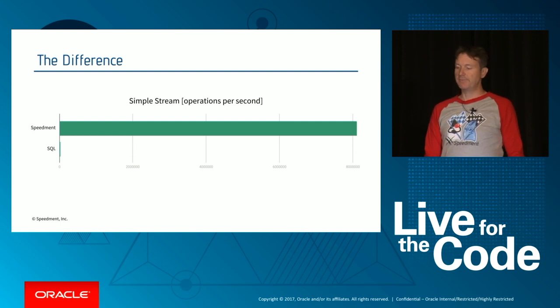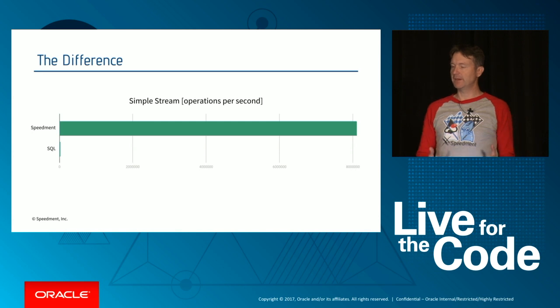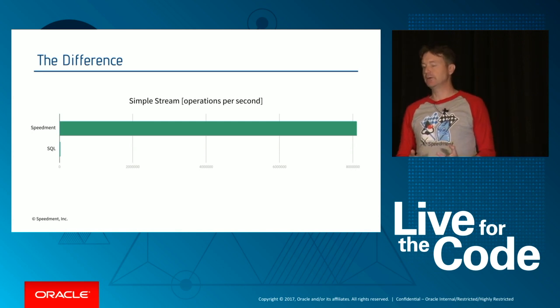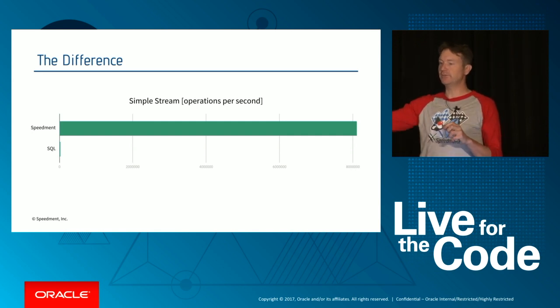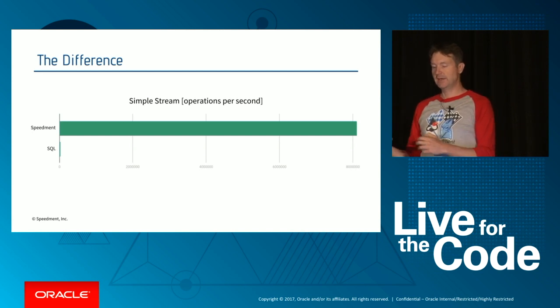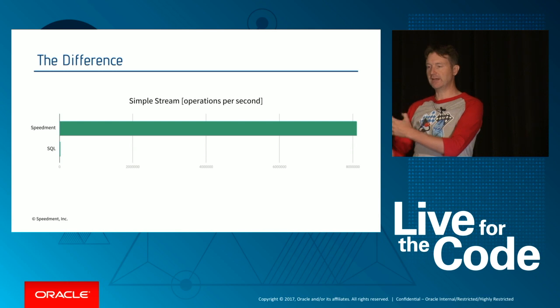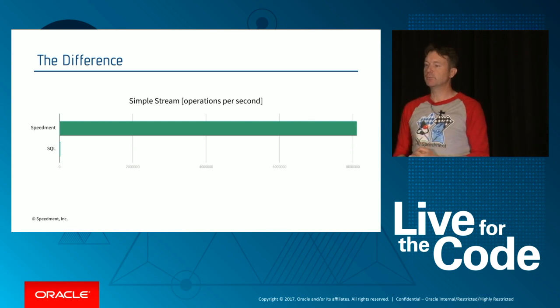In the first example, I ran towards a database that was installed on my laptop here. It was all running locally, and the database was set up standard. It was a standard MySQL database. I ran Speedment, and Speedment rendered SQL queries, which were sent to the database and then processed in the JVM. Whereas in the other example, the code was exactly the same, but instead of connecting to a database, it ran off-heap, in memory instead. So that was the difference.